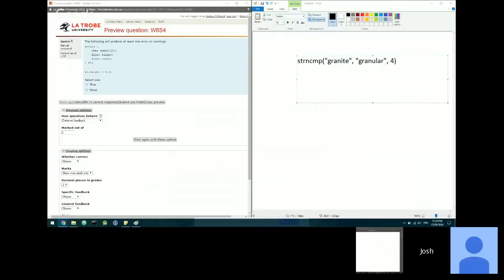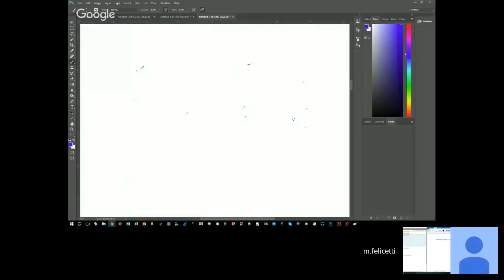And then compare from that point on to the null terminating character, or from the middle of the string up to 4. So the strncmp, what you could do is, you've pretty much got all the flexibility to